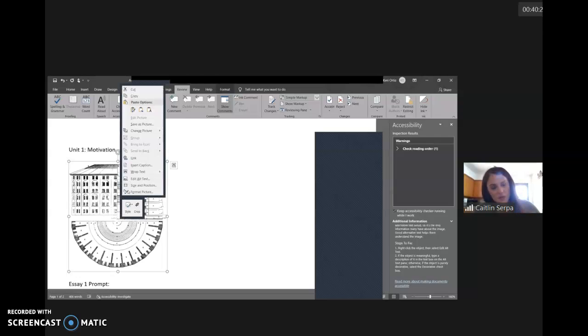You'll get this menu, and you should have something that says either, if you have an older version of Word, I think it says something like edit image, or something about details for the image. You can add it there. The new version actually says edit alt text. If you have the older version of Word,